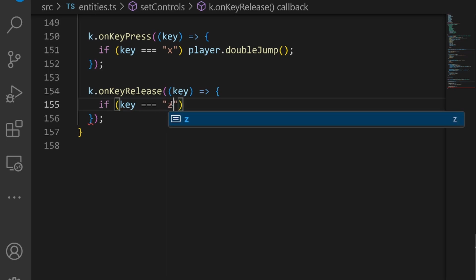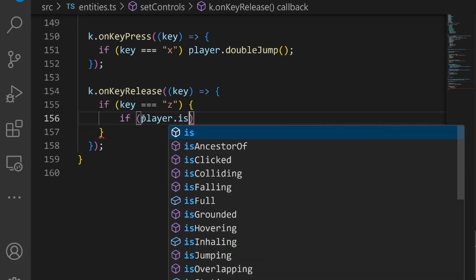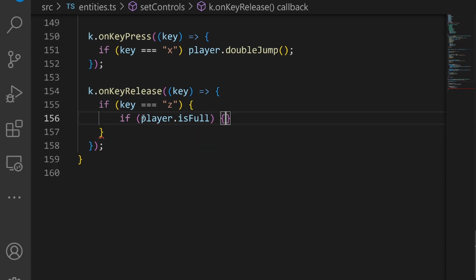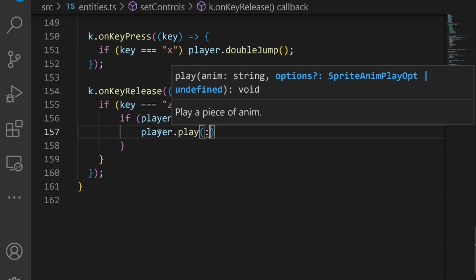And here, if the Z key is pressed, we're gonna do a bunch of stuff. And we have another if statement. Usually I don't like having multiple ifs within. Let's keep it as is for now, and I'm gonna see if it makes the code any more difficult to understand, or if it can be improved later on. So if the player is full, we do something. So we need to play the curb